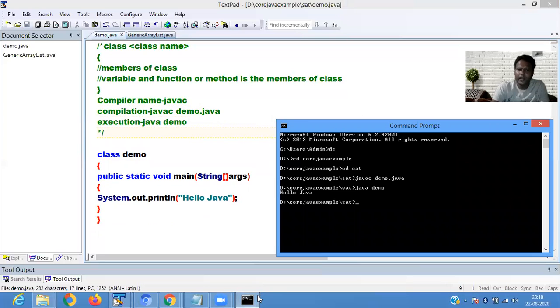Now I will let you know what the things are that I have written. You don't yet know what I have written here. I have just written one program and I am executing it. My motto is to print hello Java on the screen. So I write this program, store it in a particular folder, and this is the procedure for how to move to the folder, how to compile the application, and then how to execute. Compilation means converting the source code to byte code, and byte code to machine code. Then there is an execution phase.